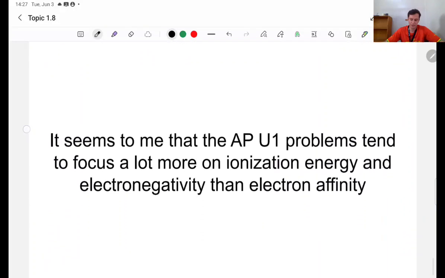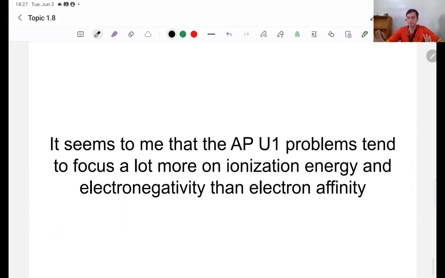And I'll just close with, when we look at the practice problems, the topic questions, etc., it seems to me that AP Chem likes, at least in Unit 1, to ask a lot more about ionization energy than electron affinity. I think it's because electron affinity 1 is a little bit hard to predict, whether it's positive and negative and such, and ionization energy is a little more straightforward. But you'll notice a lot of ionization energy practice problems based on the kind of logic we have